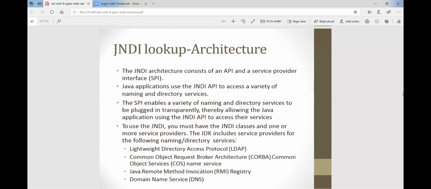Similarly in Java, when we inherit properties remotely, we go through RMI, remote method invocation. This is the RMI registry. Then the Domain Name System, DNS.